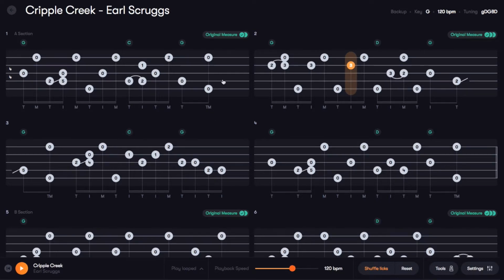If you want to loop the backing tracks, you can go down here and you can click Play Looped, Play Once, Play with Count In, Loop with Count In. So this will do the entire song for whatever one you choose, and then you can go inside the song